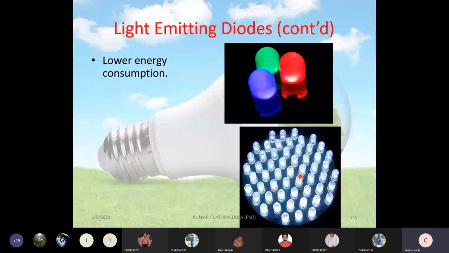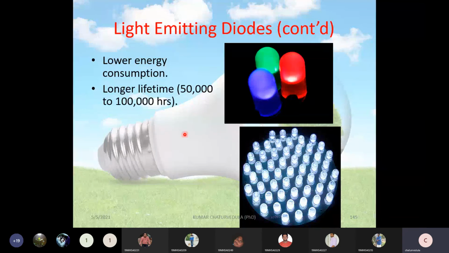Okay. So these used to be the first and primary LED bulbs. These are the LED bulbs that replaced the traditional incandescent bulbs. But suppose one LED is gone in this, because all these used to be in series connection, if there is any problem with one LED, then the whole LED system used to be useless. Also, their power consumption is very, very low, and they have a lifetime in the range of 50,000 to 1 lakh hours, as I already mentioned to you.